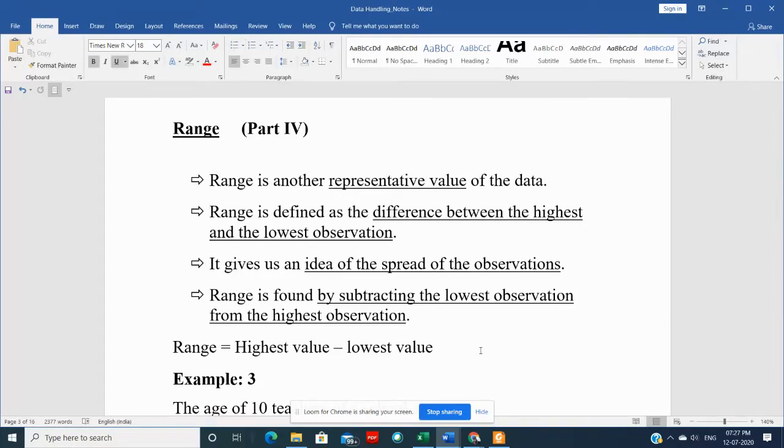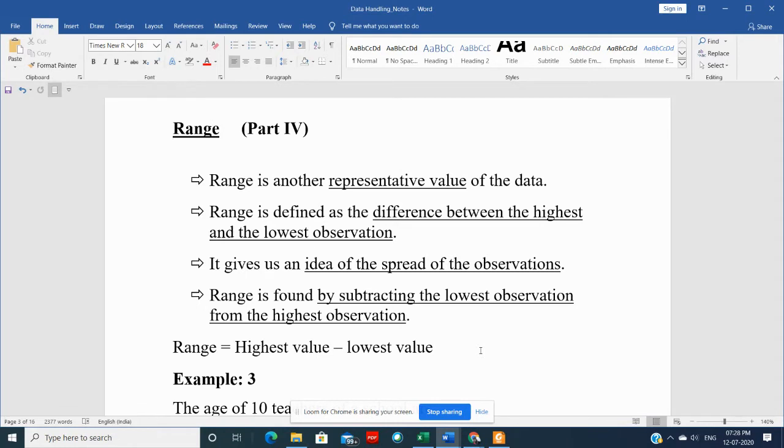Hello everyone. So let's again start discussing our data handling chapter. We have already discussed in 3 of our videos the introduction part and mean. Mean means average. Now in this video, which is the fourth part, let's discuss one more topic, that is